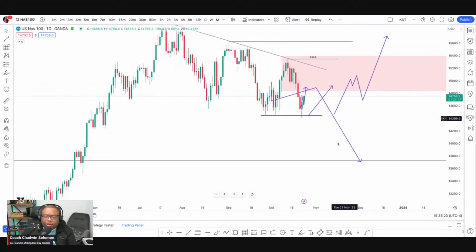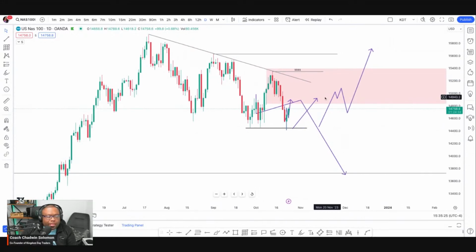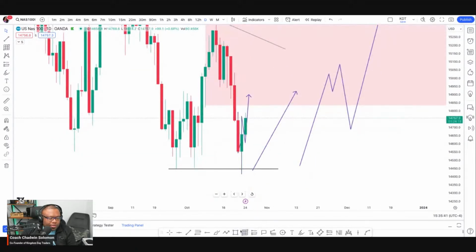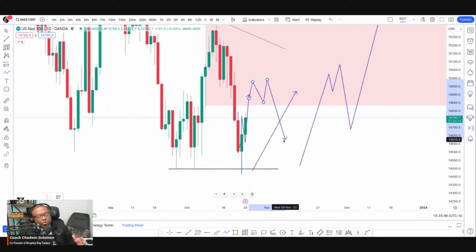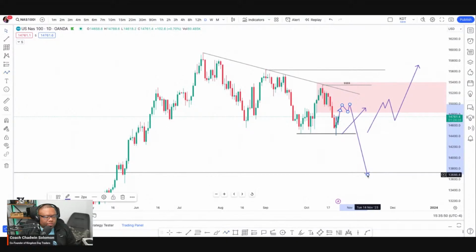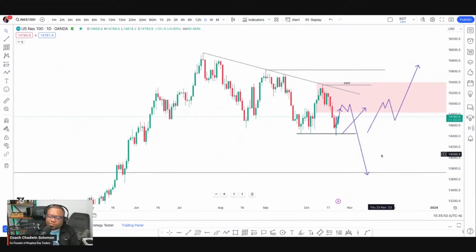At the moment, let me bring some clarity to this. The only direction the chart is telling me, based on my structure and how I trade, is we need to get up into here. And once we get up into there, I need to see what price does. Even structurally, it's still telling me there's some more downside. Now, I'm selfish. I don't want to see that downside.